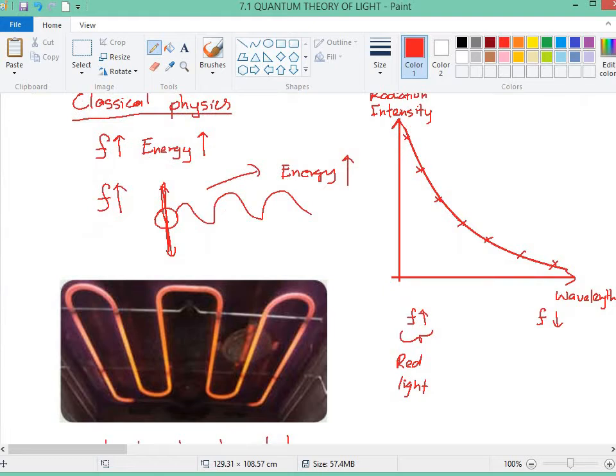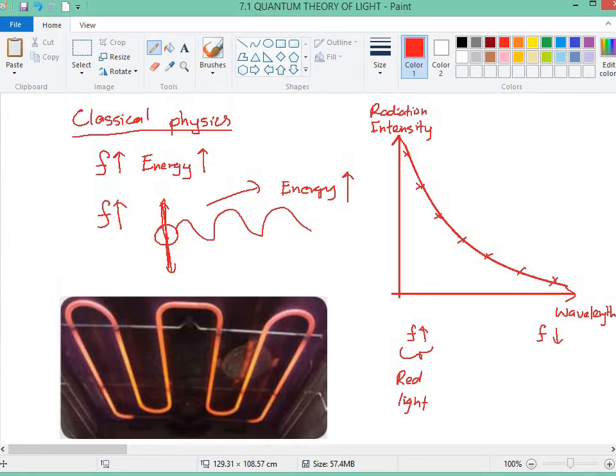However, when the scientists investigated and detected the actual spectrum of radiation emitted by a very hot object, emitted by a very hot object,